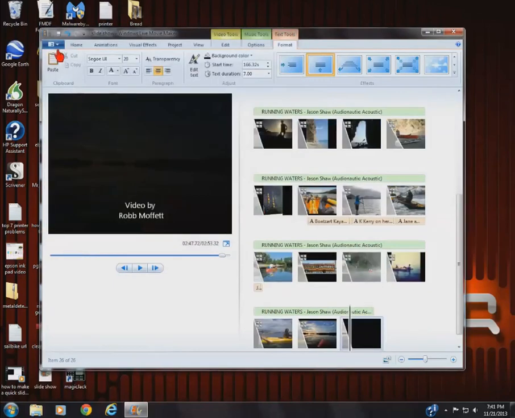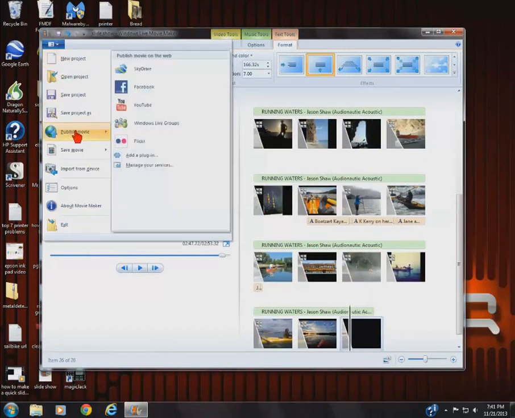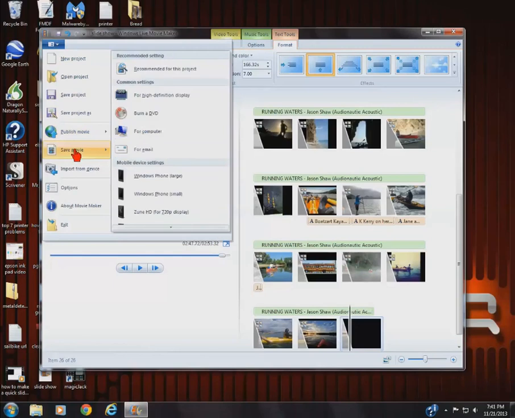And then when it comes time to make the video, you'll do Publish Movie. And you can publish it to Facebook or YouTube. But if you want to save it on your computer, it's best to do this: Save Movie for High Definition Display.